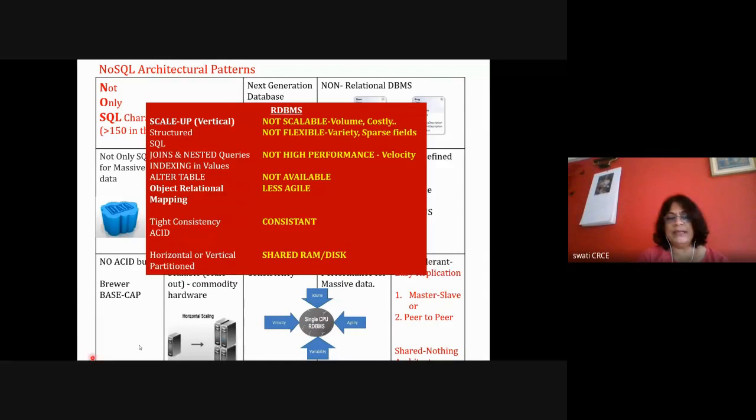So all these four factors, they break your single CPU RDBMS system. So when the data is continuously increased for high volume data, RDBMS scales up vertically. It scales up vertically, meaning it tries to increase the capacity of the server. And even if how much big capacity server like GPUs are used, we know that the chip is going to be overheated after some amount of time because of high volume of data.